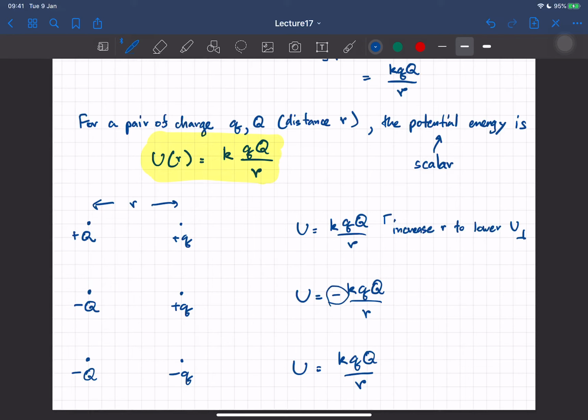It has a negative sign here. So looking at this, how can you go lower? Going lower means going more negative, right? Because negative, let's say negative 3, how do you go lower? You need to go to negative 4 or negative 5. So you need to go to a negative larger number. And you can do that by decreasing R. So it's the opposite case. So in this one, you decrease R